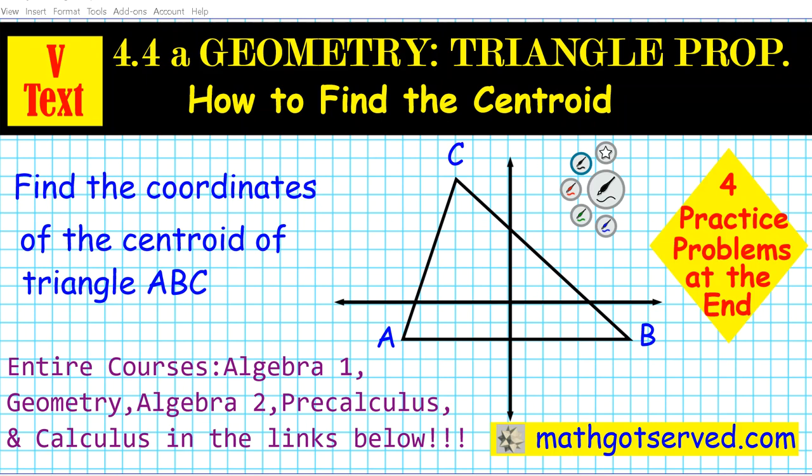In this clip, we're going to be going over section 4.4a of our virtual geometry text on triangle properties. We're going to be looking at how to find the centroid of triangles. So the problems we're going to be working on are captured in this example that we have here. You have to find the coordinates of the centroid of the triangle, given the triangle where the vertices are